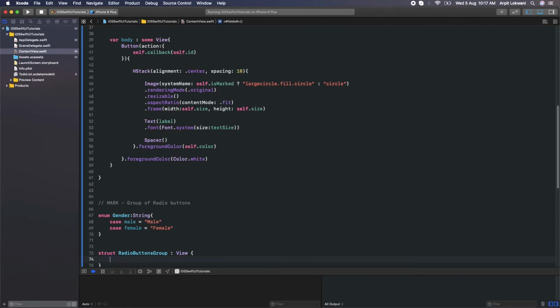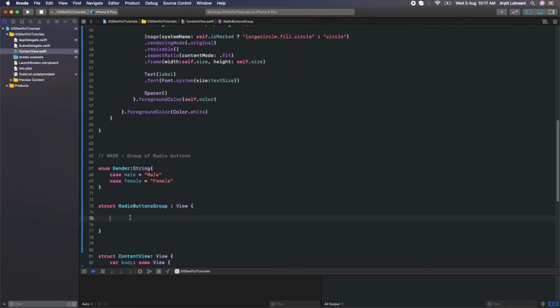Fine. Now let's start the basic part. So let me create one callback for my help, and one variable which will hold the ID.